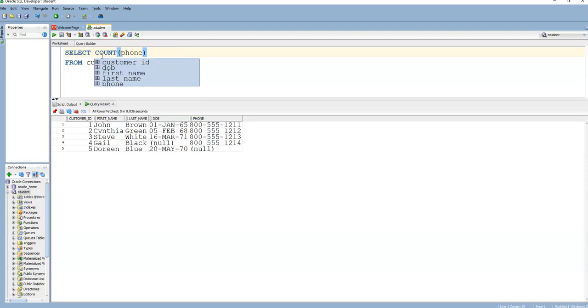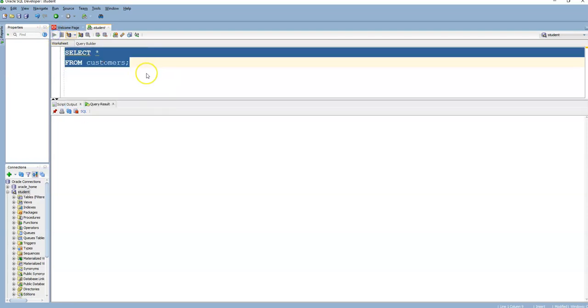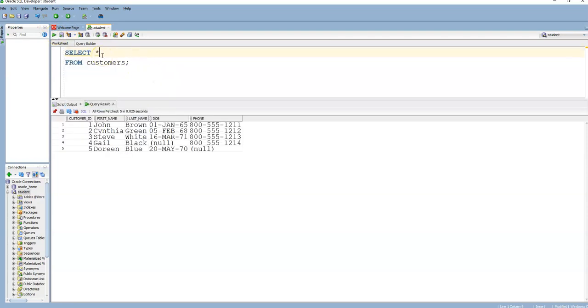So let's do this. Let's select the count of the phone of the customers. There should be 5 if there's 5 customers, but you get 4. Why? Because it counts all the non-nulls. So again, if you count star for the customers, you'll get 5 because the primary key at the very least will have a value. So you'll always get the actual count of rows if you count star, because you'll always get 1, 2, 3, 4, 5. But if you count anything else,